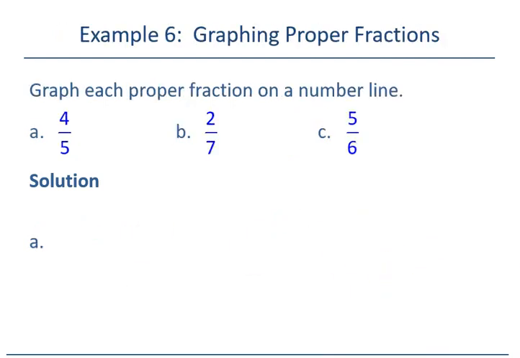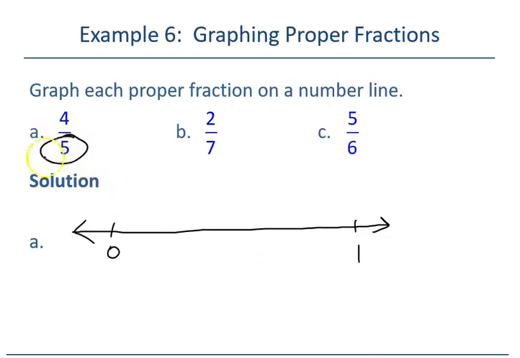Let's continue on. We're going to graph each proper fraction on a number line. For this first one, I'm going to start a number line here, and this is what it's going to look like. I'm going to have a number line here, and we'll have it go from 0 to 1. Well, notice here, my 5. That means this is divided into 5 equal parts. So I'm going to go 1, 2, 3, 4. Okay, so here would be 1/4. Here would be 2/4,